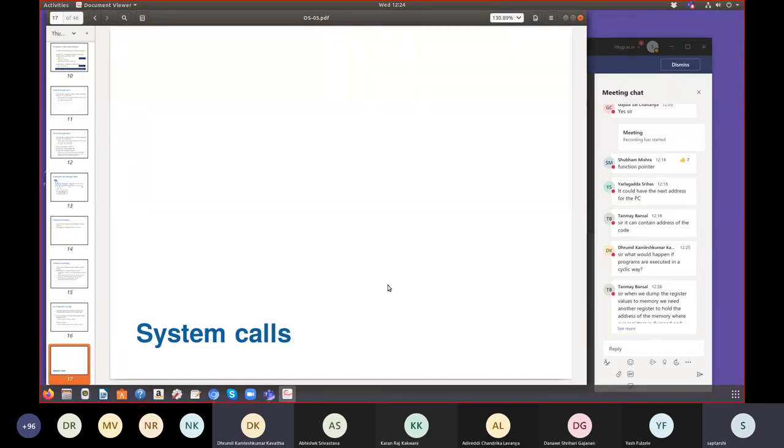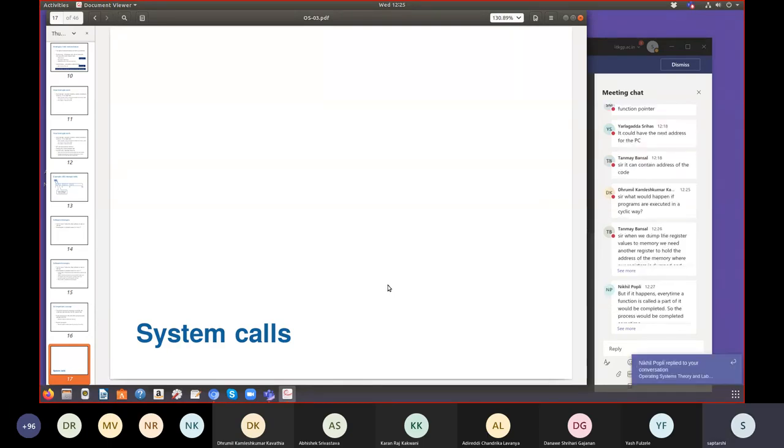Okay, that's a good point. First of all, it can happen. I think we all know about recursion, right? However, you are right that, okay, if that is what you mean, that's a very good point. So actually, these interrupt handlers are not written in just a rough way. They are written in a particular way such that this point is covered. That means suppose one program has asked for an input and that interrupt handler for inputs is running now. Right, now it can happen that within this some other